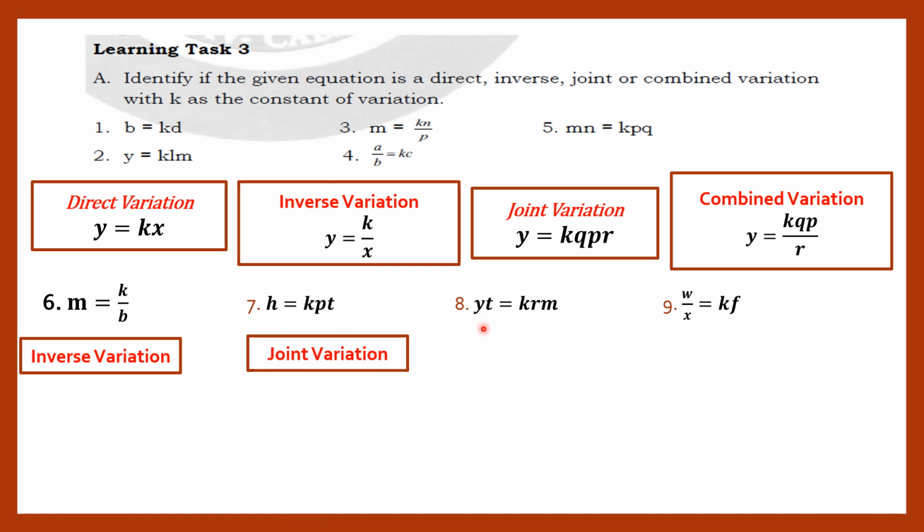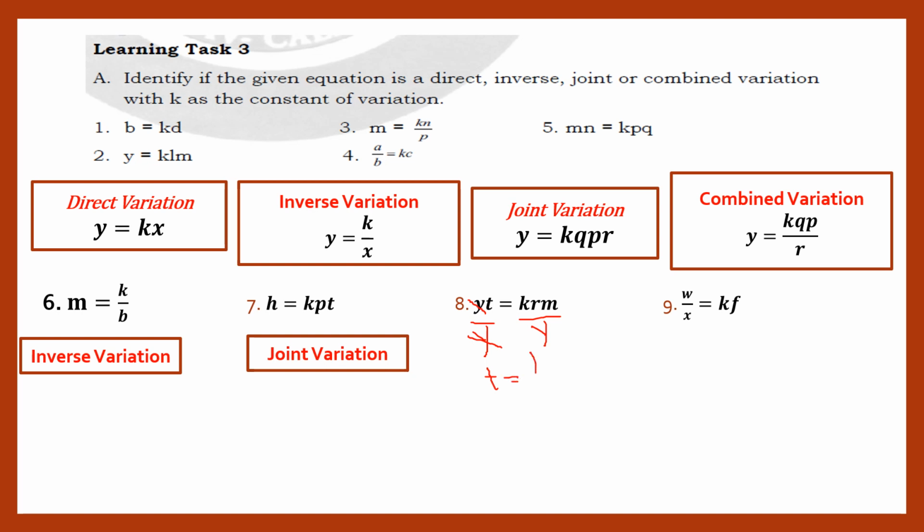Now, number 8 is yt is equal to krm. In this particular example, we cannot say already that this is a variation equation because one part of the equation has two variables. It should be one only. So how do we do that? We have to simplify this first. What you're going to do is divide a variable to make it one variable on the left side of the equation. So we can divide y on both sides. That way we can cancel variable y on the left side. We'll be left with t